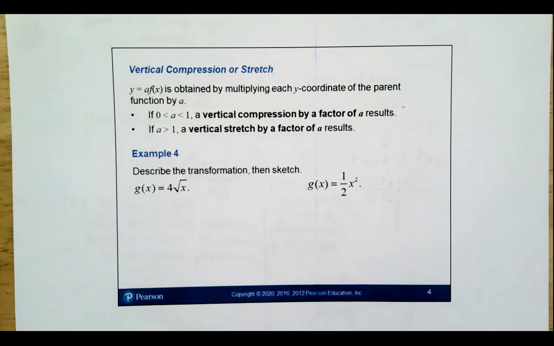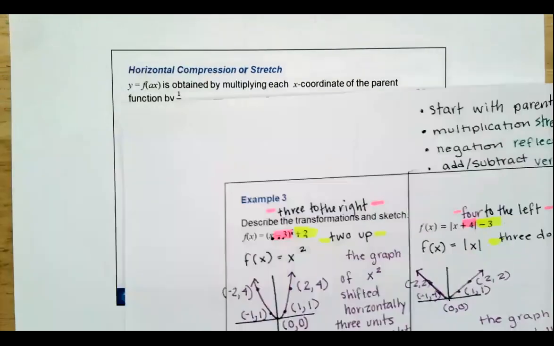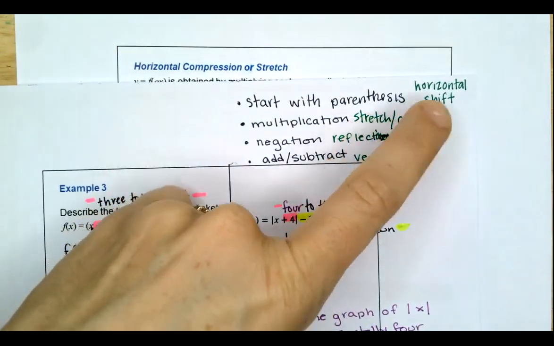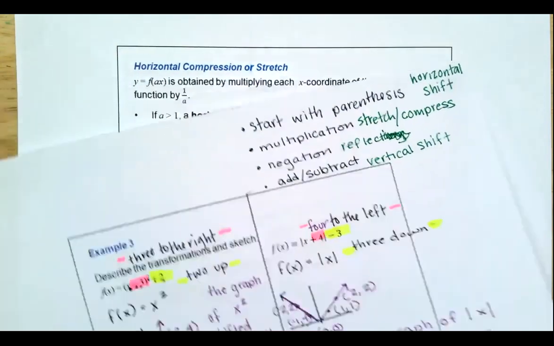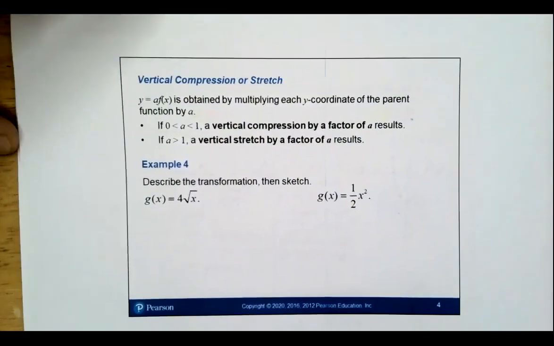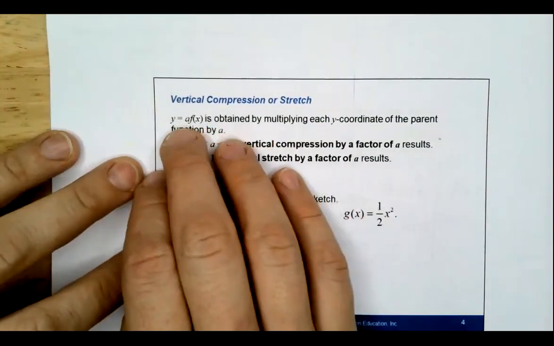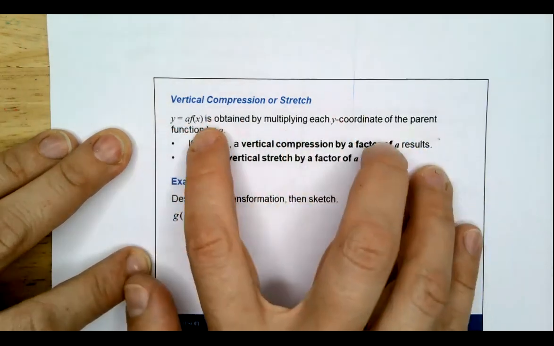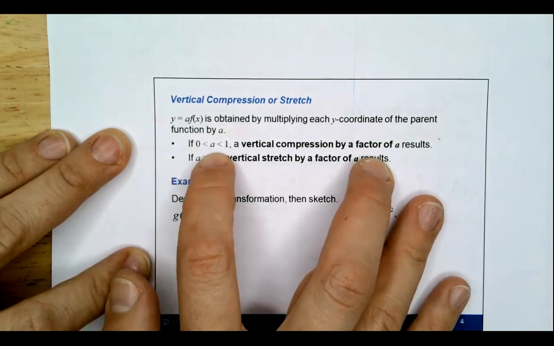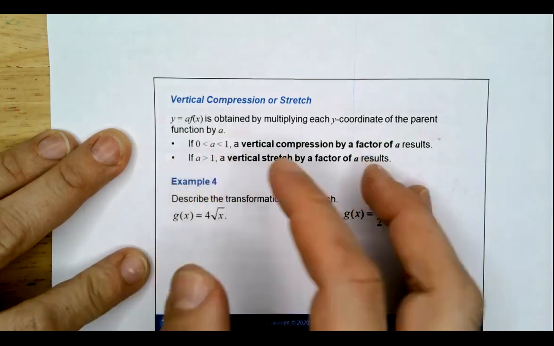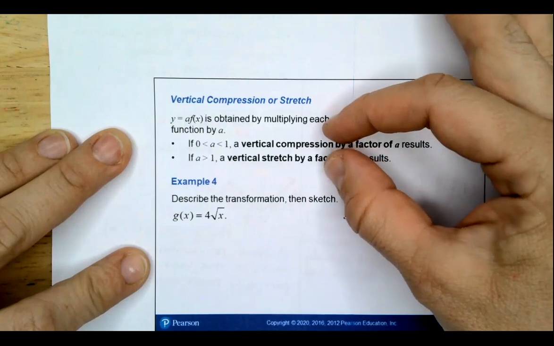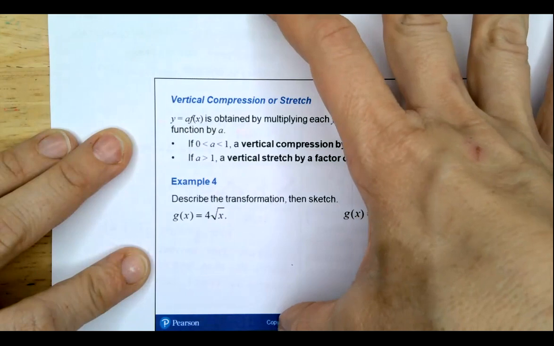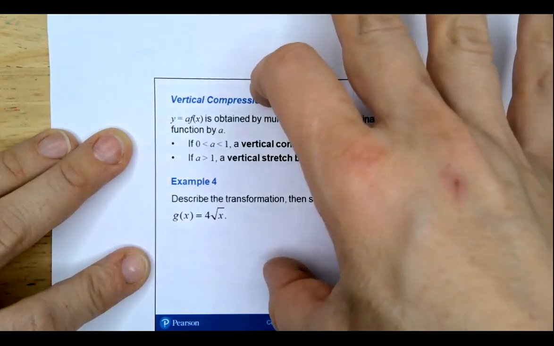if you prefer it. Vertical compression or stretch. So we have learned how to do the horizontal shift and the vertical shift. Now we're going to talk about stretching and compressing. Reflection is just flipping it across the x-axis or the y-axis. Vertical compression or stretch. y equals a f of x is obtained by multiplying each y coordinate of the parent function by a. If a is between the numbers 0 and 1, it is made smaller. If it's bigger than 1, it's made taller